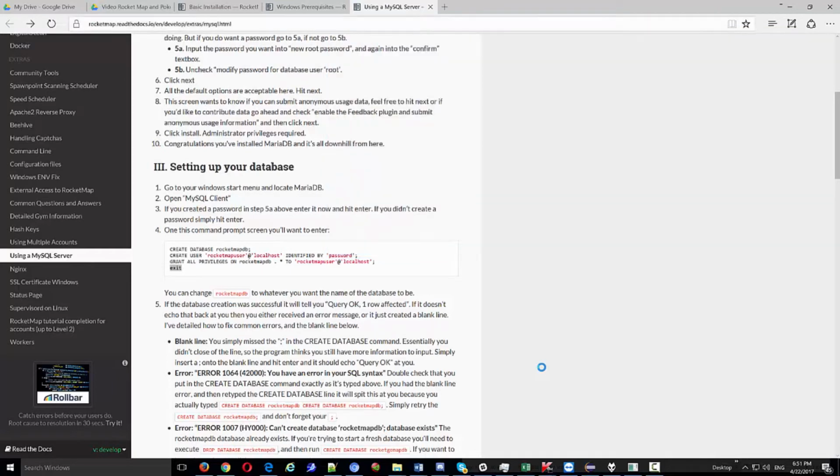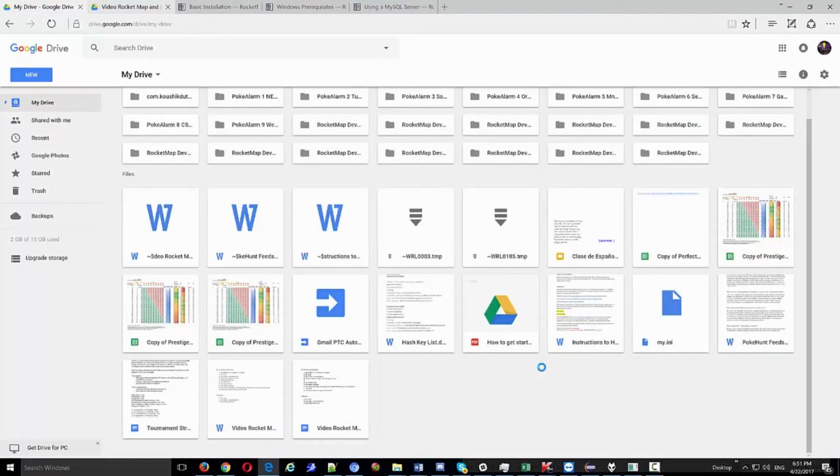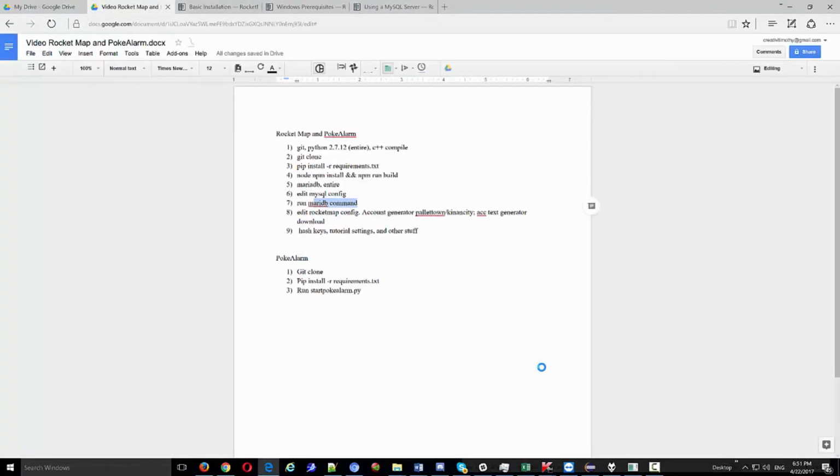Okay, so I think we're almost done. We just need to, let me just check real quick. Yeah, so you don't need to edit the config. I just put this here in case we need to run a different area or something, and if we need to replace the hash keys,